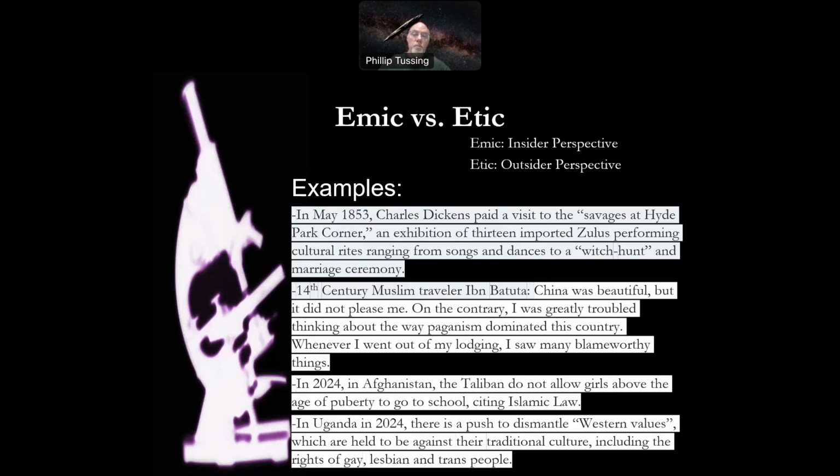Whereas, of course, the people who are current rulers of Afghanistan look at the status of women in the United States with some measure of horror. So it's important for us to be able to take ourselves outside of our current perspective and look at things from an outsider's level, in part simply as observers,